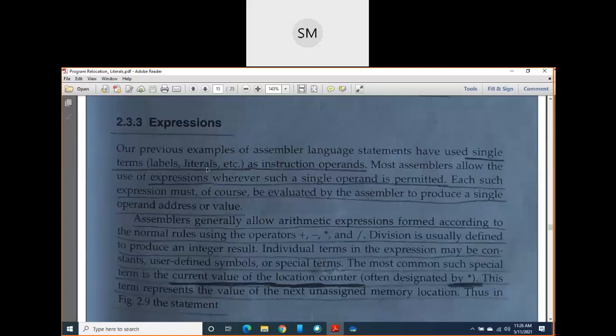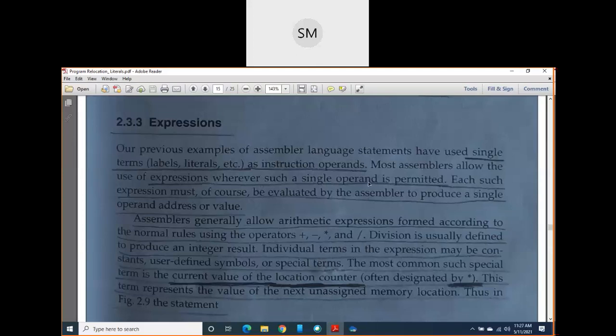Literals are prefixed with the assignment operator. Whatever single terms we have used in the place of operands of our instruction, from now onwards we can call them an expression.